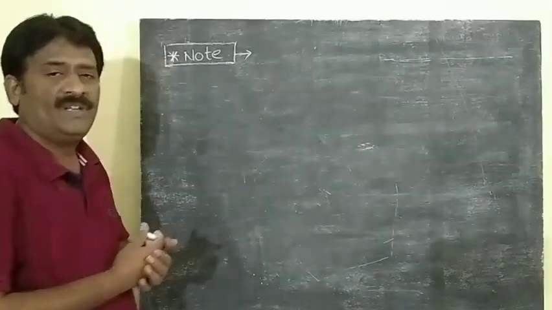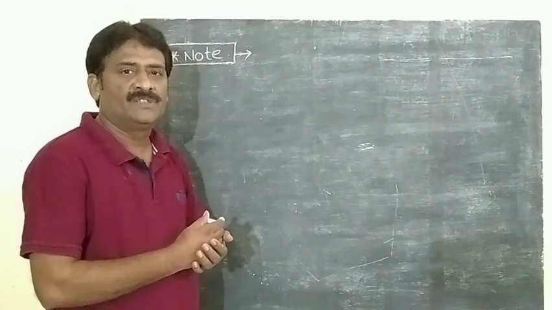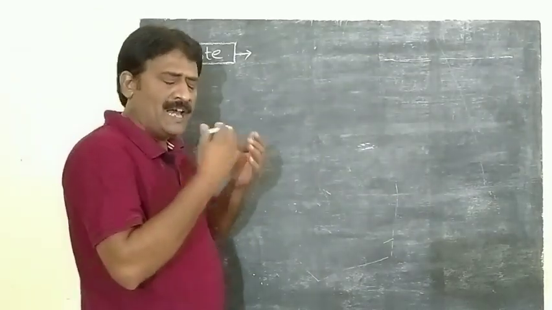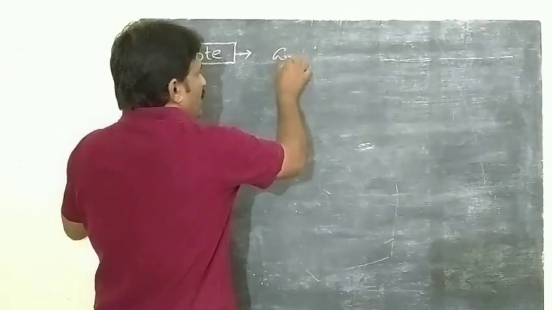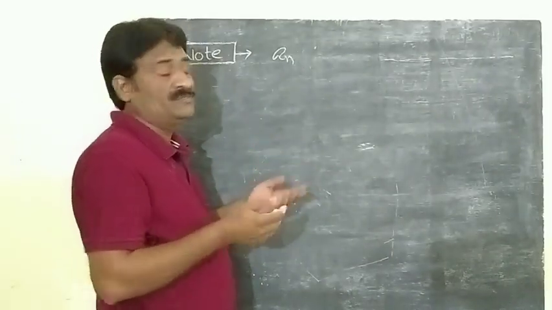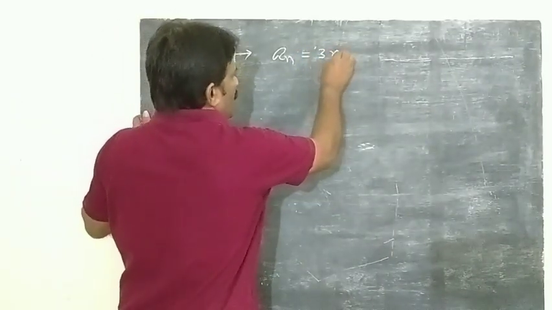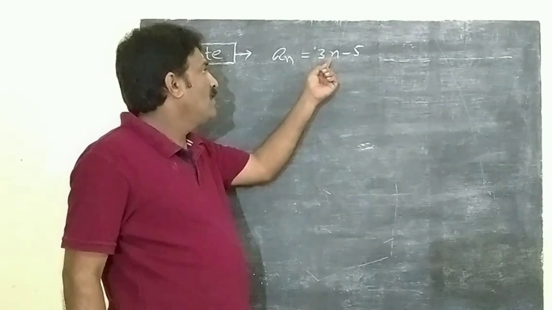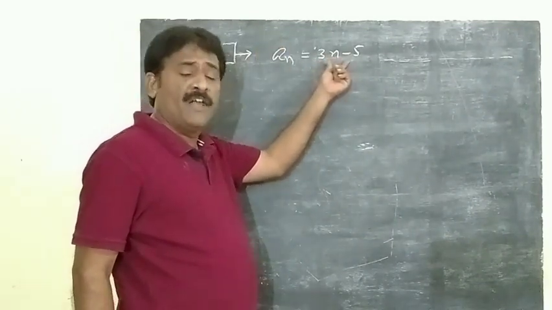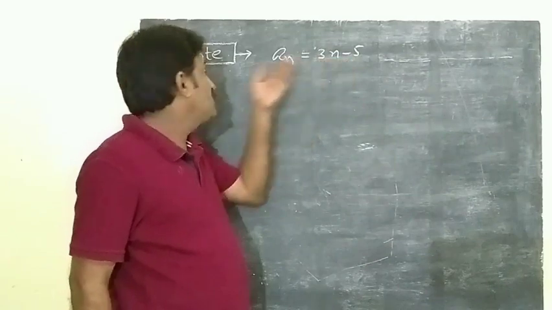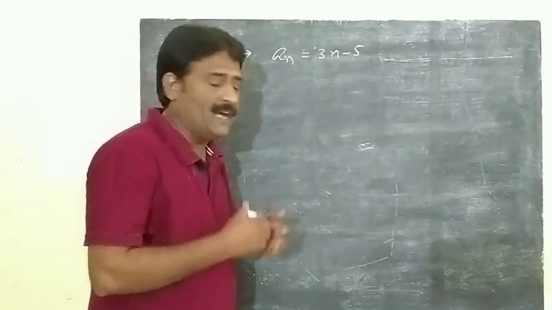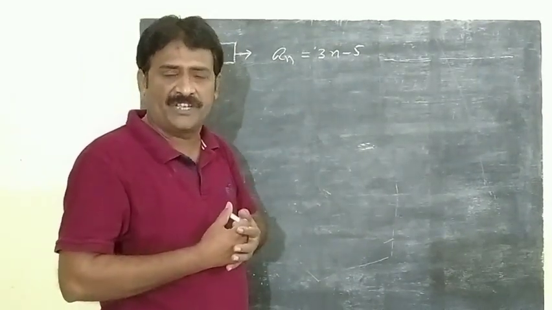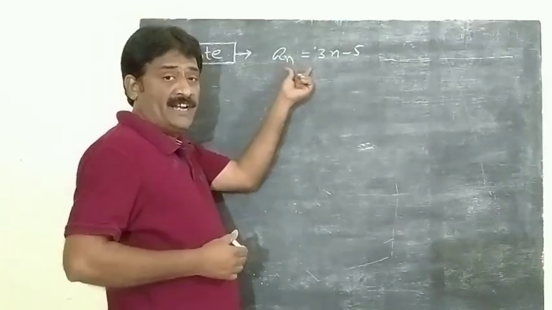Let us see another important note from the nth term of the arithmetic progression. For example, in one arithmetic progression, an is given. What is an? The nth term is given. For example, it is 3n minus 5. Clearly it is a linear polynomial. Understood? Hence, every linear polynomial forms an arithmetic progression. Then, how to find the common difference when the nth term of the arithmetic progression is given? Okay, now an is given.